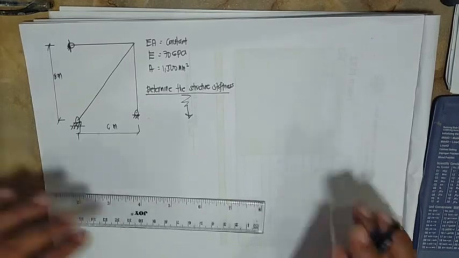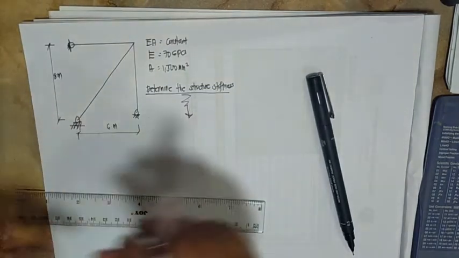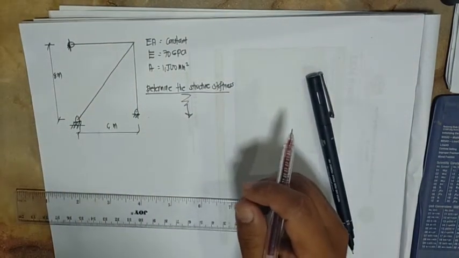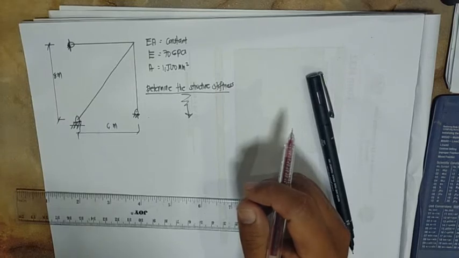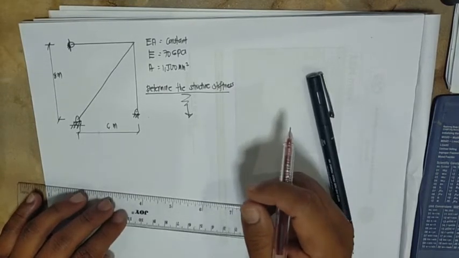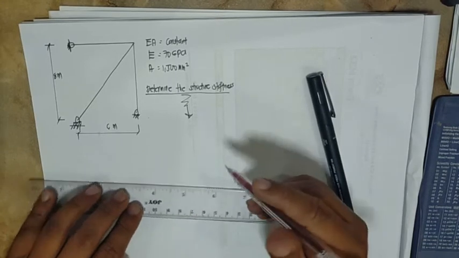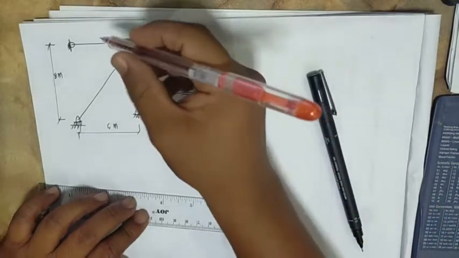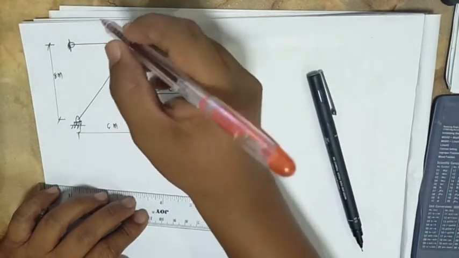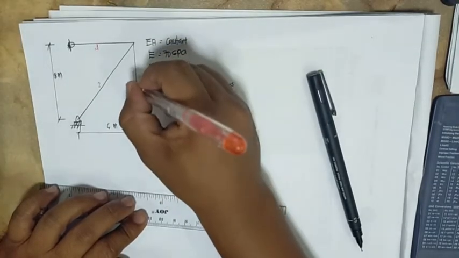So before you proceed with that, don't forget to create a free body diagram that will show to you the reaction, the joint loads, and of course the name of the member. So for example here, we can say that this is member 1, member 2, member 3, and